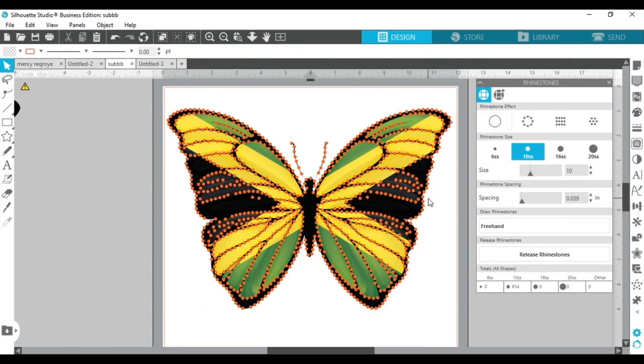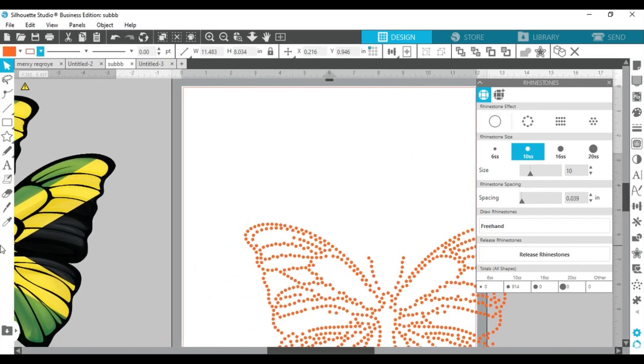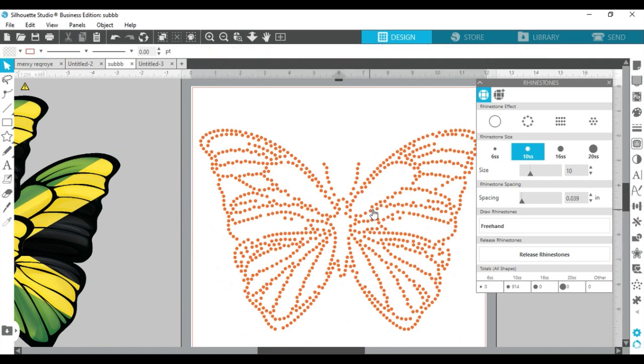And I'm okay with this, okay? If you do not want so many rhinestones, in this case, if you look down here where it says total, it's telling me that you're gonna need 914 SS 10 rhinestones, okay? So what I'm going to do now is I'm just going to put this one side because I don't need that anymore. All I need would be